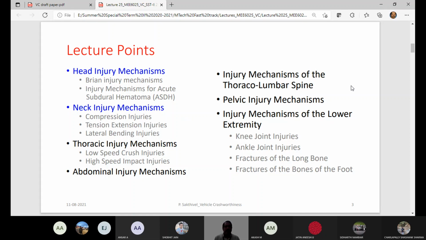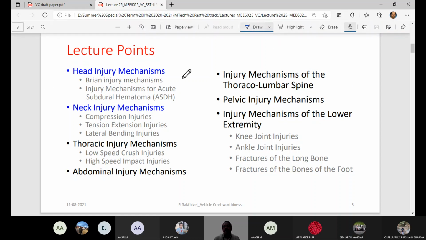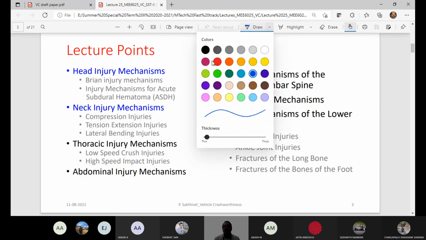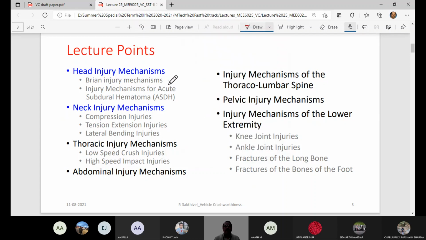So today's lecture, I'm going to cover head injury mechanisms and neck injury mechanisms in detail. What we are going to see is the various injury mechanisms associated with that. So for example, head injury mechanism, you see there is something called brain injury mechanism. The brain is an important part of the human, and that's placed in the head very securely